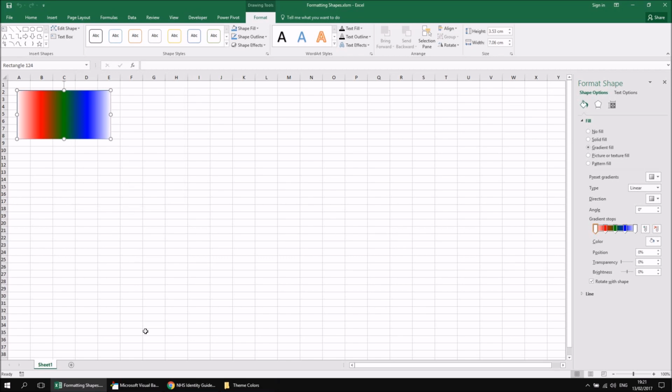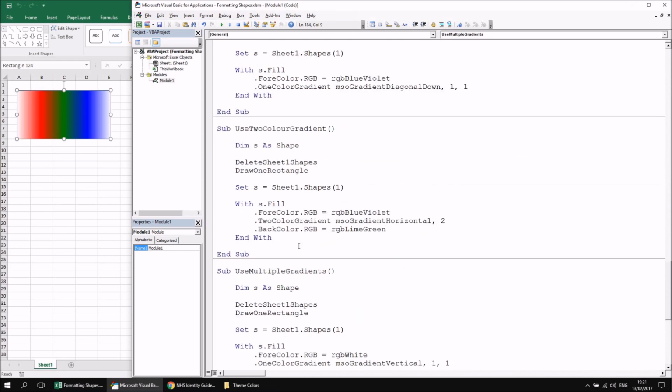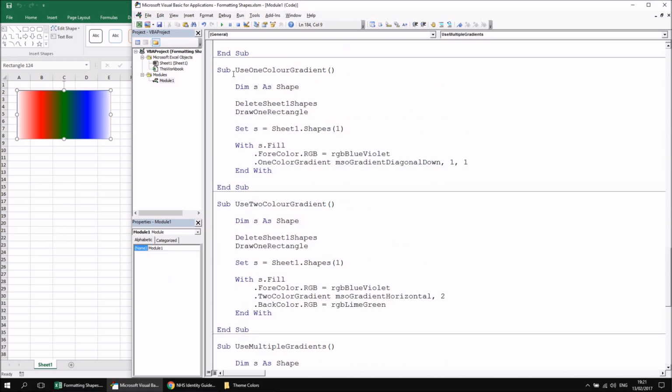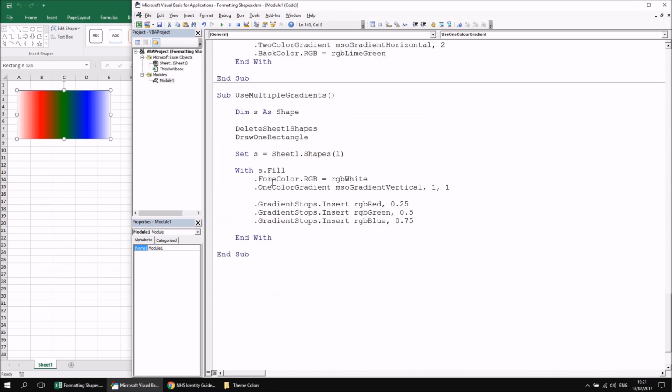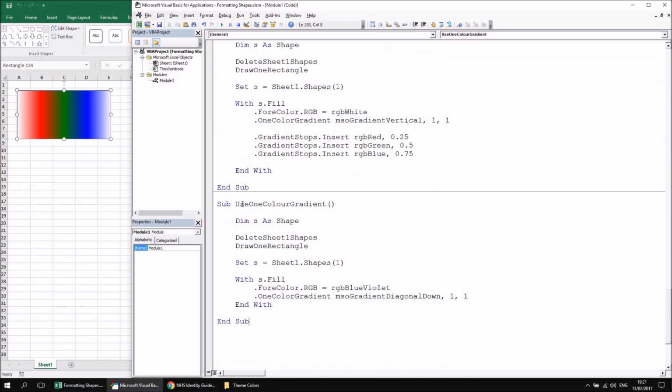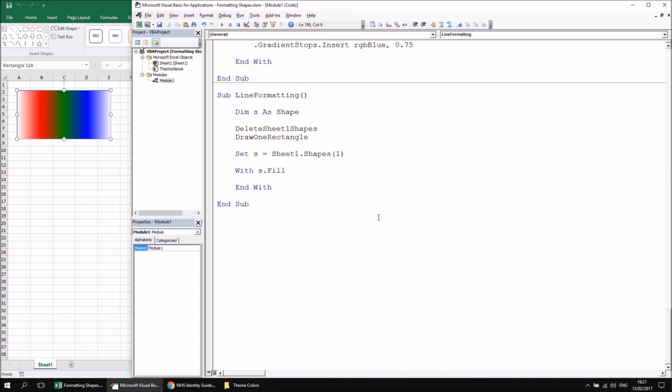Let's head back to the VB editor, and I guess we'll just create a copy of one of our simpler routines. Let me just go back up to the use 1 colour gradient subroutine, and if I simply copy that entire routine and paste it in down at the bottom, we'll change its name so it's called something like line formatting, I guess, and then have a quick look at some of the basic things that we can do. So let me just get rid of the statements inside the with block. I won't get rid of the with block entirely, because what I'm going to do here is refer to the